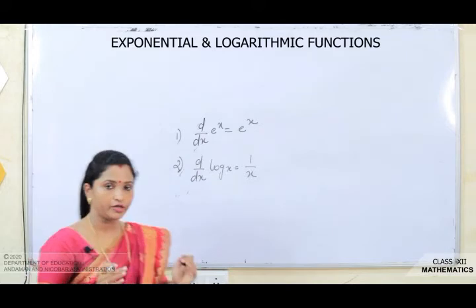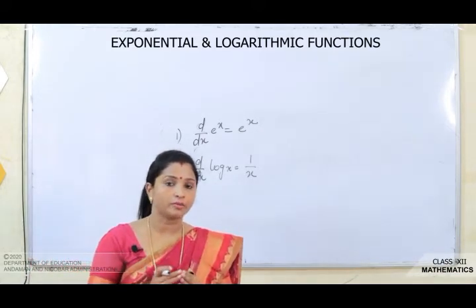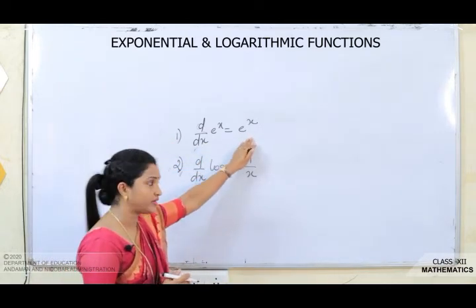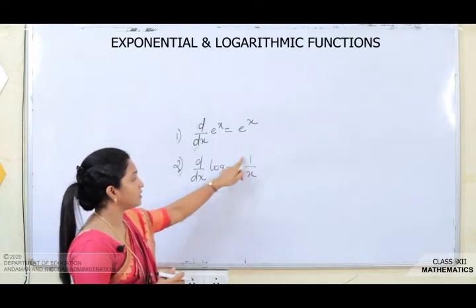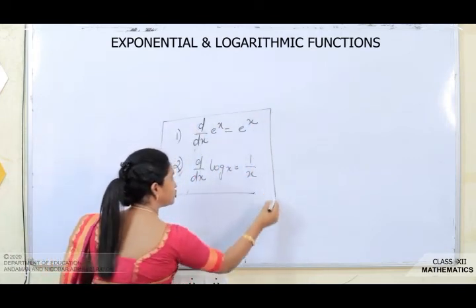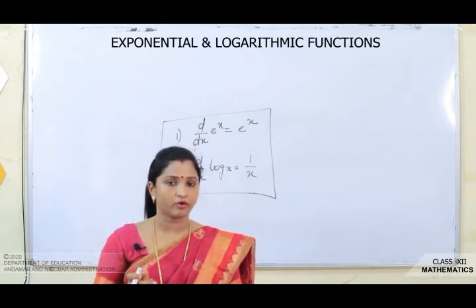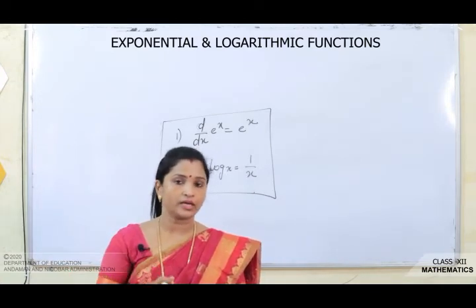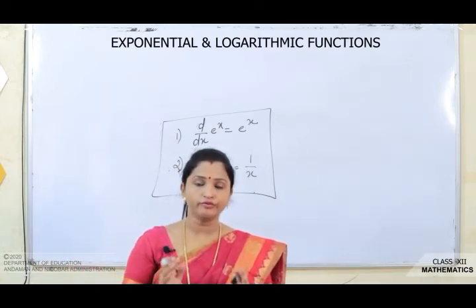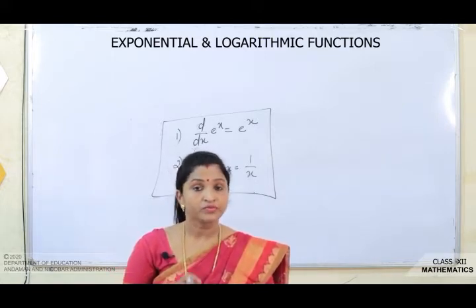Just now I have explained what is an exponential function, what is a logarithmic function, what are the basic properties of logarithmic function, and now the derivative of e to the power x is the same e to the power x and the derivative of log x is 1 by x. Okay, this you have to remember. And whatever formulas you have written, add these to them. Last time I told you the formulas of 6 inverse trigonometric functions, add them to the earlier formulas, and this too you have to add. Okay, so these are the two formulas: differentiation of exponential function and derivative of log function.